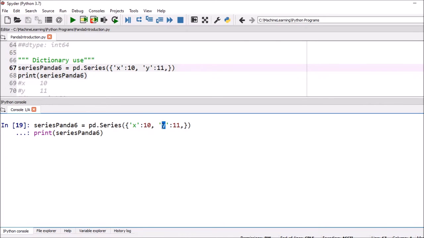If you print this particular series, we get the values this way. Here x is the index of the value 10 and y is the index of the value 11, and the type is integer. So 10 and 11 are integer type data, and x and y are the indices.